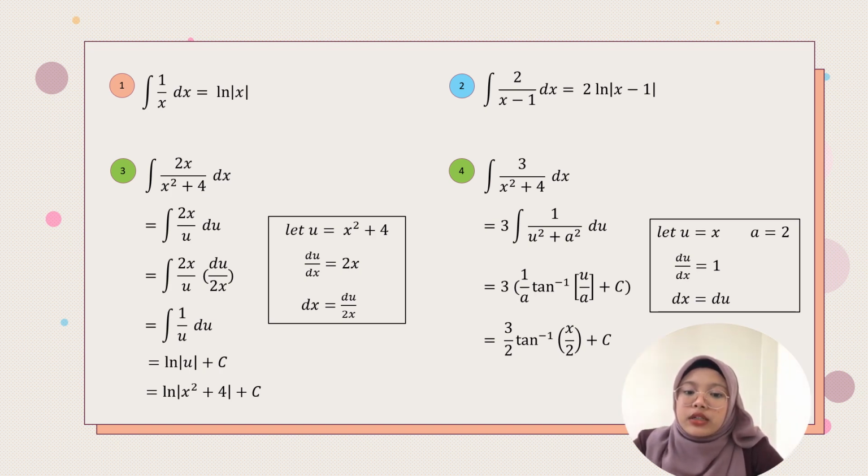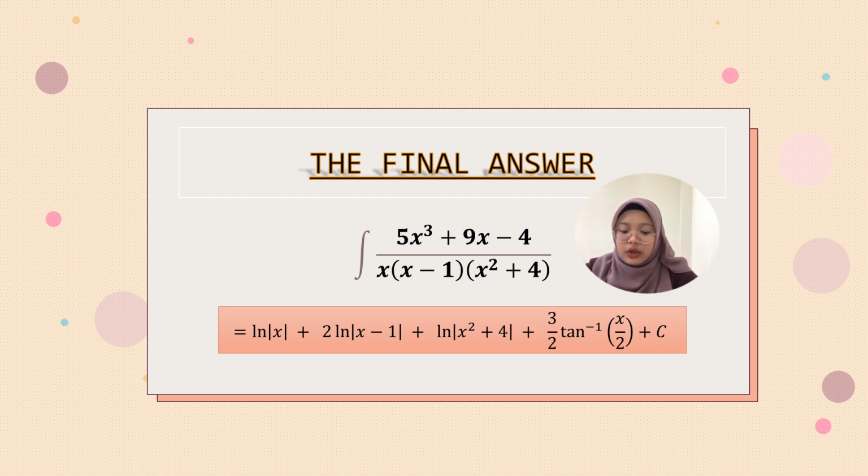To integrate the equation, we must take 3 out of the integration symbol, and that makes 1 over u squared plus a squared du. After integration, we will get 1 over a tangent inverse u over a plus c. For the final answer, we will get